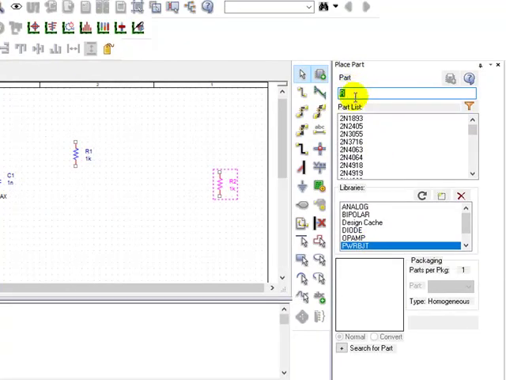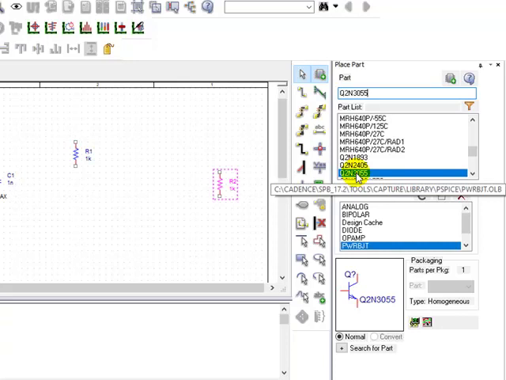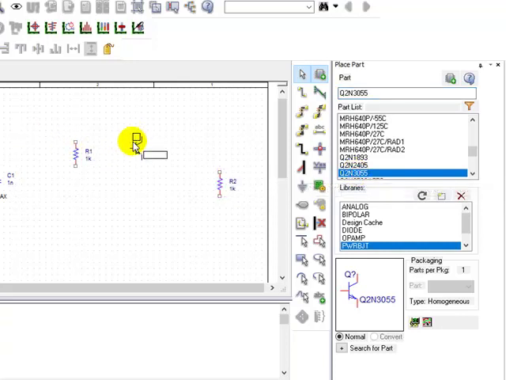Just type Q2N3055. So that is available. This is the power transistor. Get the proper orientation by pressing R on the keyboard before placing it. So I placed my power BJT.